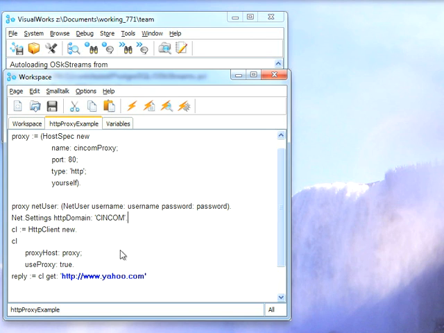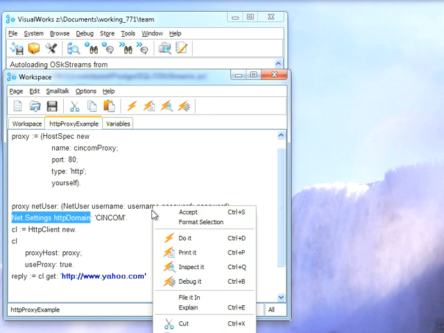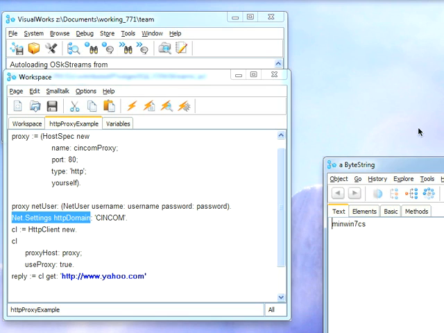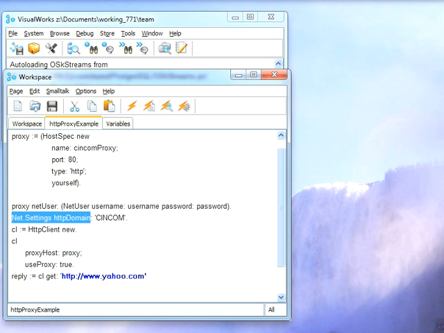It turns out that if I were to go in and ask what my domain is right now, so let's just highlight this and not get the colon there, ask what my domain is, it's going to be the name of this machine, which is MiniWin7CS, which happens to be what I call this virtual machine running on my Mac. I don't want that. What I want is I want the domain to be Cincom. So I need to run this again with this one additional piece of information to give it that domain name, highlight all of this again,